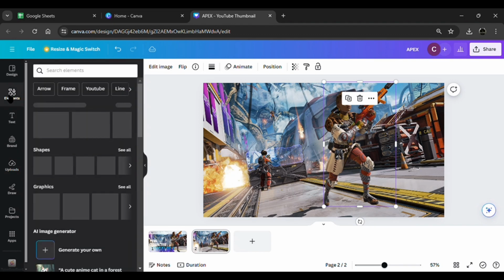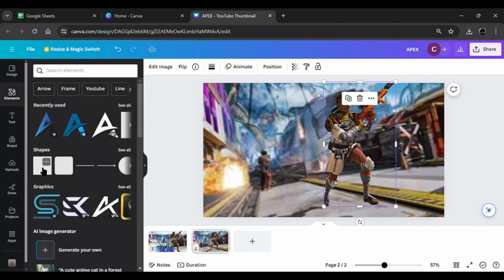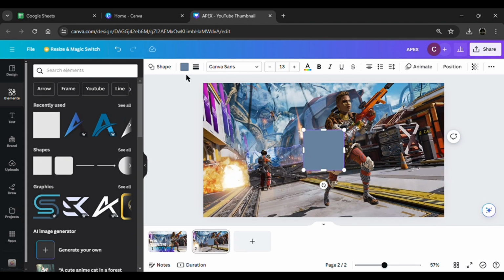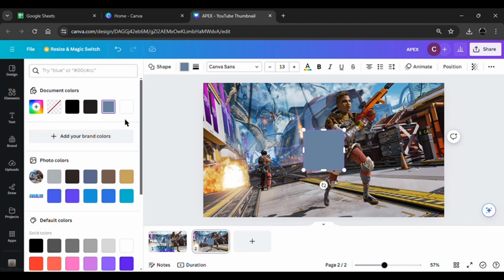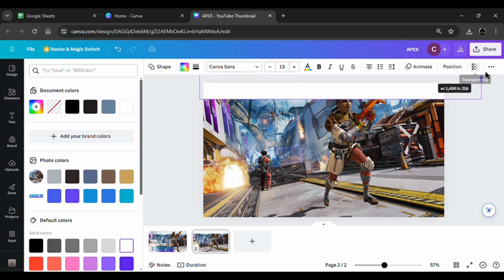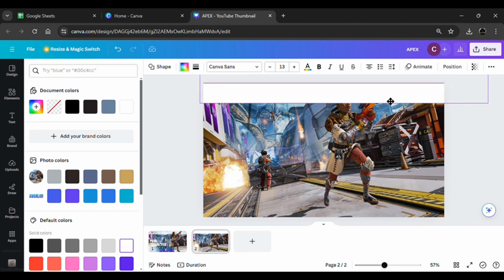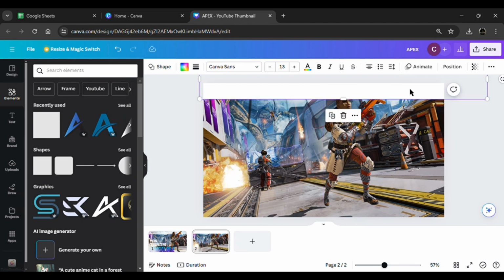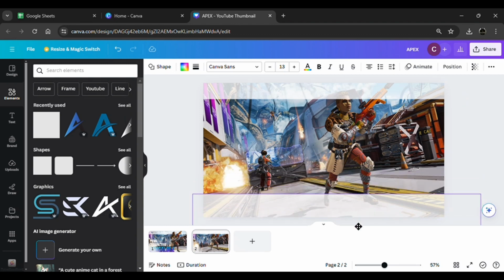We're going to search a shape. We're going to change the color of the shape to white. We're going to put it at the top. We're going to adjust it. Now we're going to turn the transparency of this to about 78. Now we're going to duplicate, bring it to the bottom,